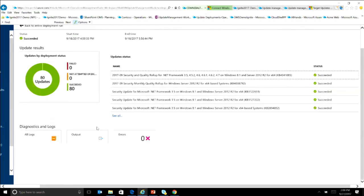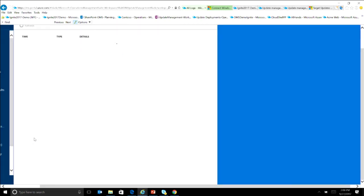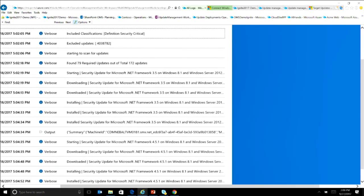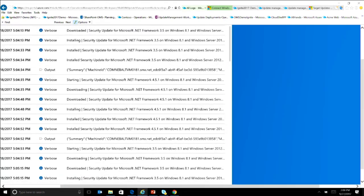I'll pick this machine, which shows 80 updates have been installed on it. This shows what happened, what updates got installed. But if you really want to know what exactly happened on the machine, did it really exclude something, did it install, how long did it wait, if you go to all logs, it will show all the streams of what happened on the box. So when the time triggered, how did the update operation happen? You can see what classifications I selected, what updates I excluded, how many updates,